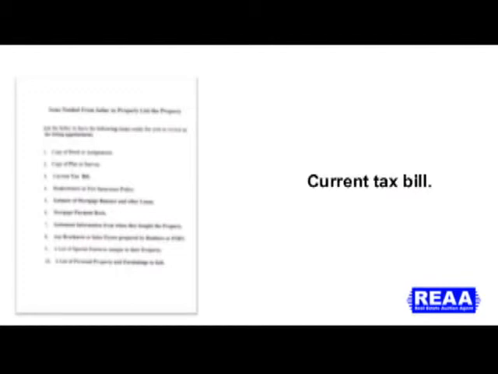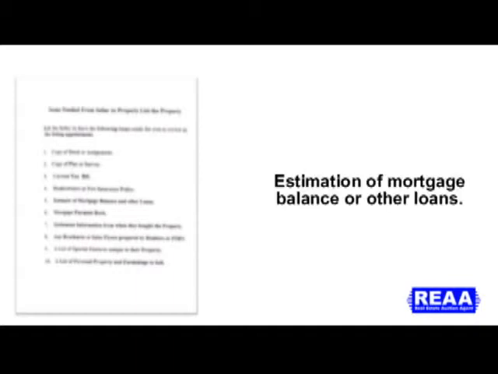Current tax bill. Every buyer that comes to a sale or inquires about a property wants to know what the current taxes are. Homeowners or fire insurance policy. You have to make sure that if they have the property listed or have it mortgaged, you need to know if they have homeowners or fire insurance policy, or even if it's a waterfront property, whether they have flood insurance or not. It needs to be an insurable property.